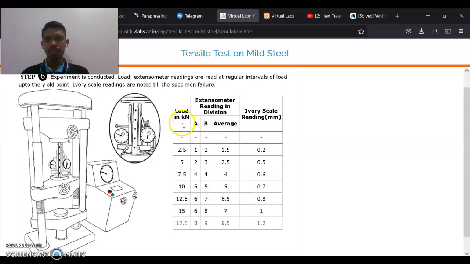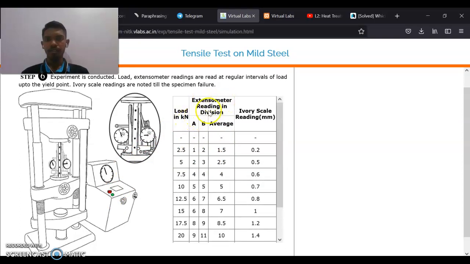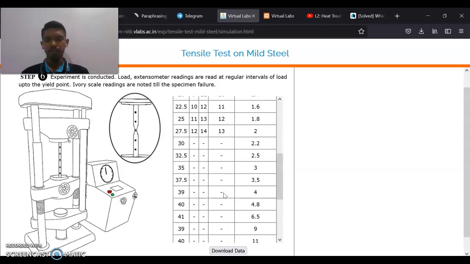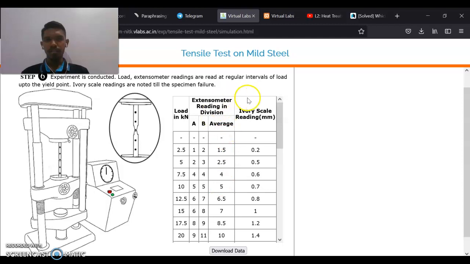So this is the load in kN, extensometer reading in division, A, B, average, and ivory scale reading. So these are the readings we can get from the extensometer reading. So after a while, we should stop the reading,